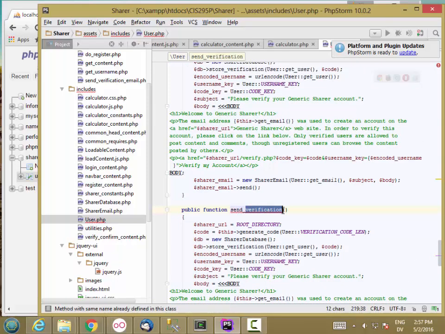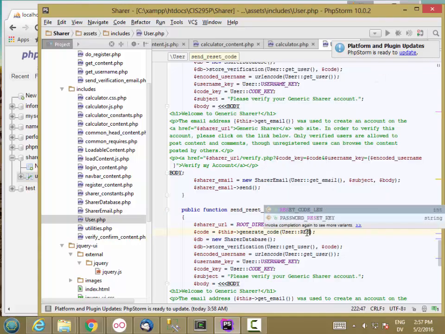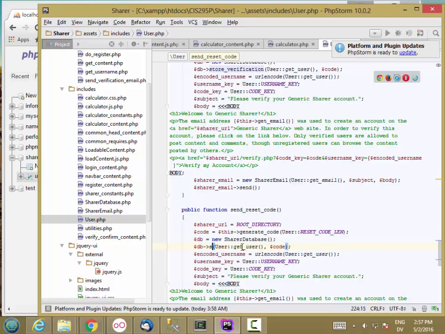So we'll send reset code, and then we're going to generate a reset code len, store reset code,